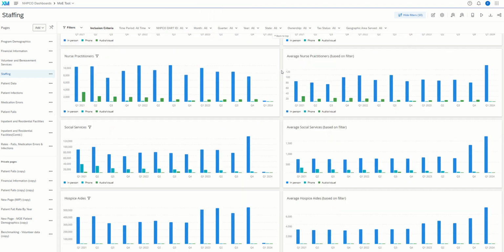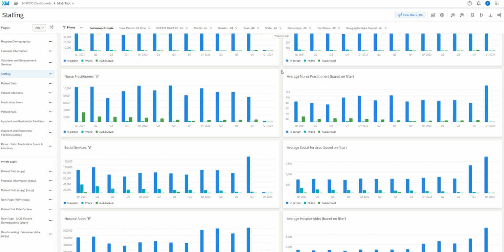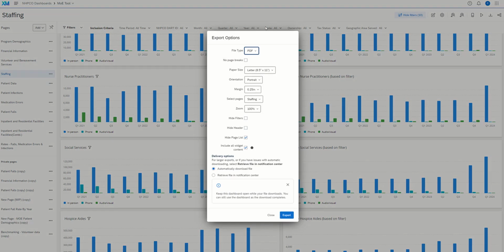Now, let's briefly take a look at another icon. On the far right hand of the screen, at the very top, you will see your download button. This button is where you can download your Measures of Excellence data in a report format for offline viewing or sharing. When we take a look at the export options, we can set the parameters of the document to our preferences. We can also add or remove viewable content depending on how much we want to include in this downloaded report. We can even hide all widget